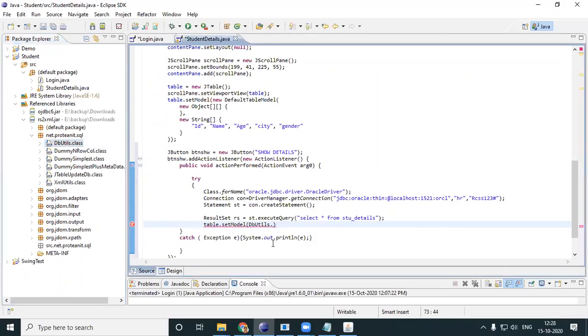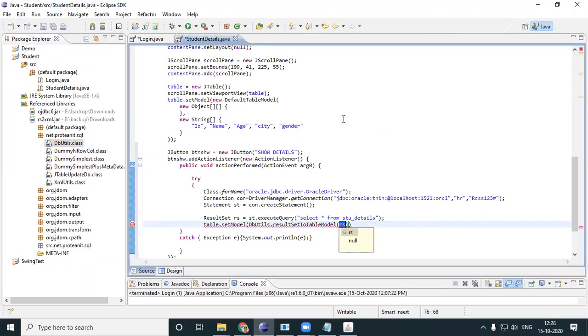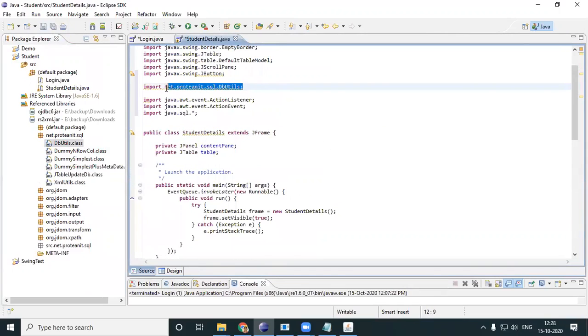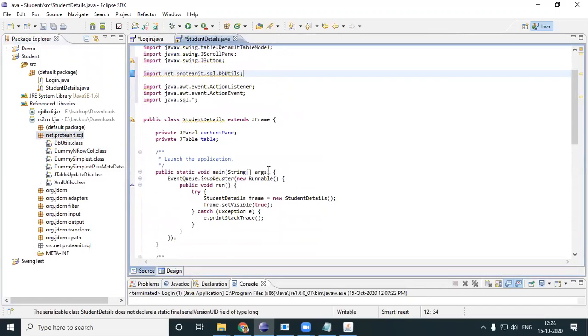So DB utils dot convert the result set to your table model, rs. That's it. By default, when you check over here, you will have imported net dot sourceforge dot DB utils.